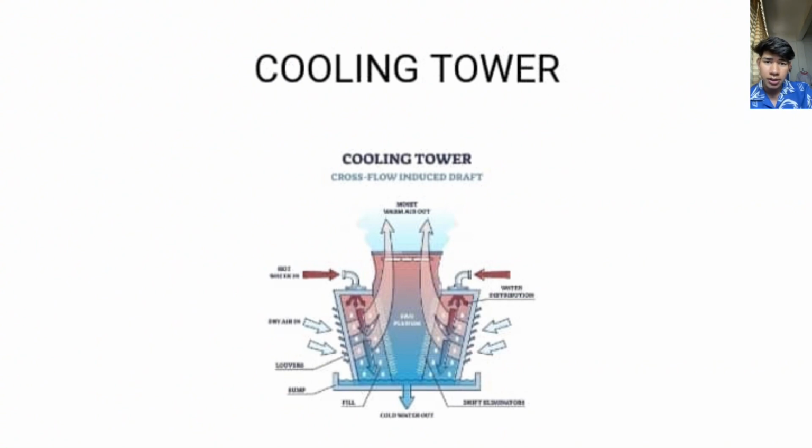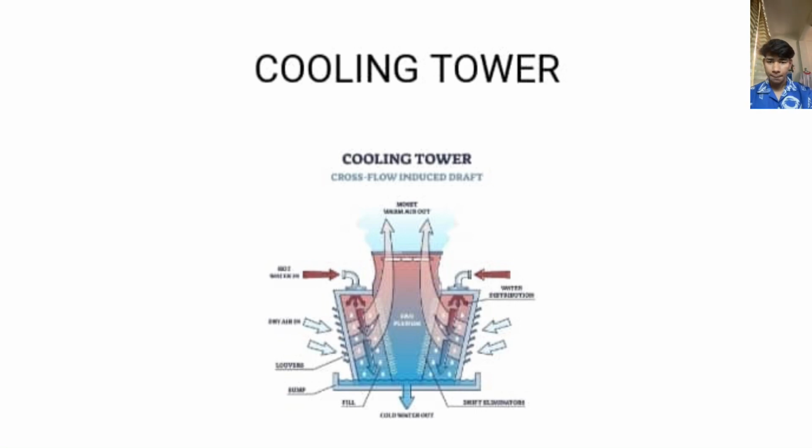Second, steam condensation. Nuclear power plants often use steam to generate electricity. After the steam passes through the turbine, it needs to be condensed back into water for recirculation in the reactor. Cooling towers aid in this condensation process. Third, temperature regulation. Cooling towers help regulate the temperature of the cooling water by releasing heat into the atmosphere through evaporation and convection. The cooling tower ensures that the water returning to the reactor is at an appropriate temperature for efficient